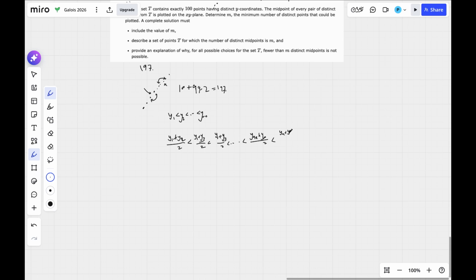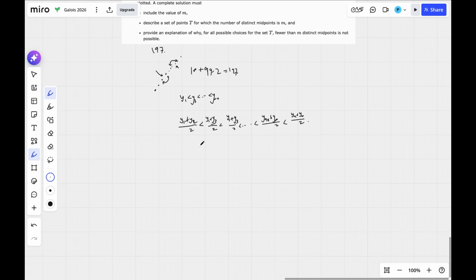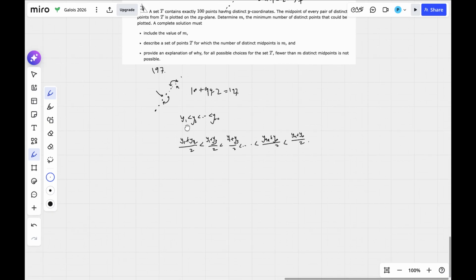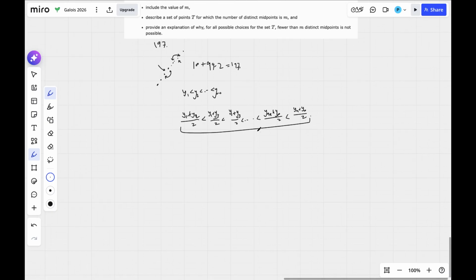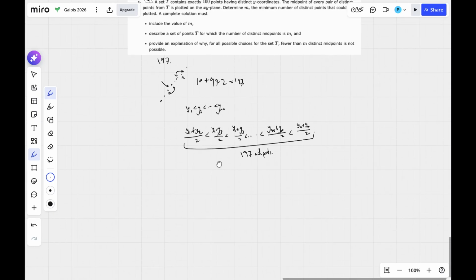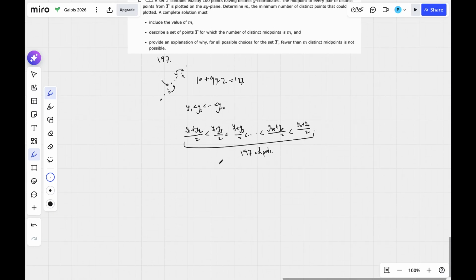So we increase one variable at a time until we get (y98 plus y100)/2 less than (y99 plus y100)/2. So these inequalities are true because of our ordering and because they're distinct. And this already gives us